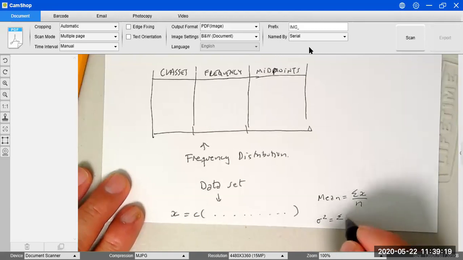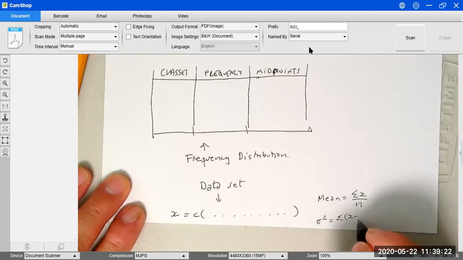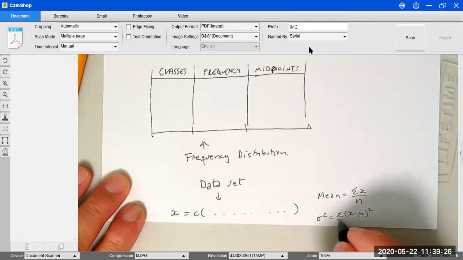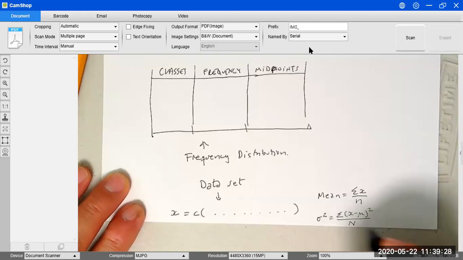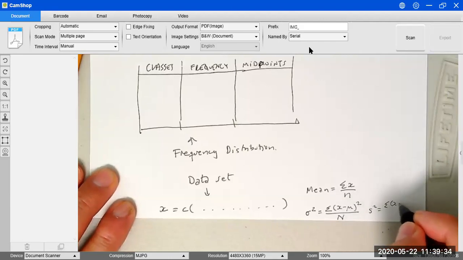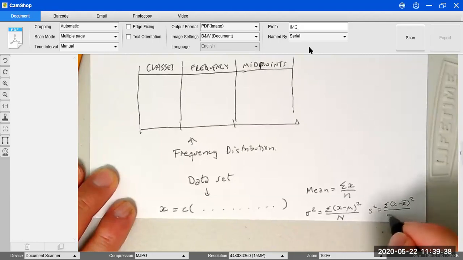It's just the sum of the differences with respect to the mean squared, and you divide by capital N. Or if you are working with a sample, then the variance is again the sum of the differences with respect to the mean squared, divided by n